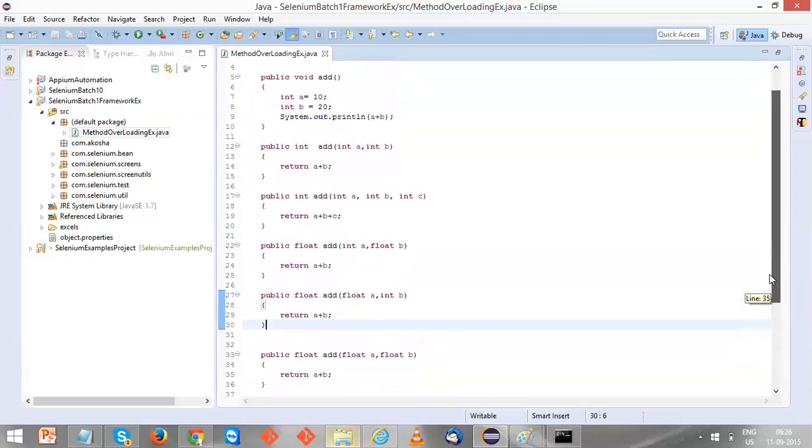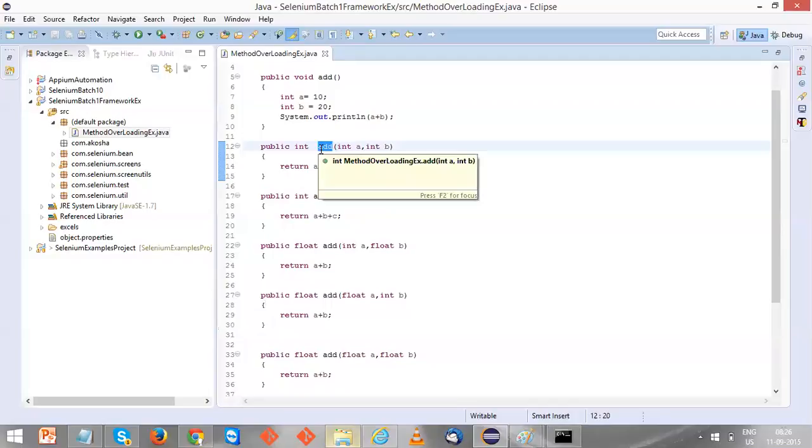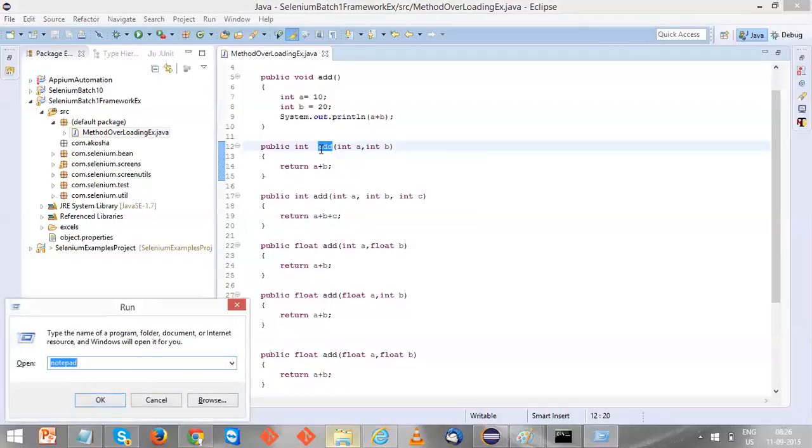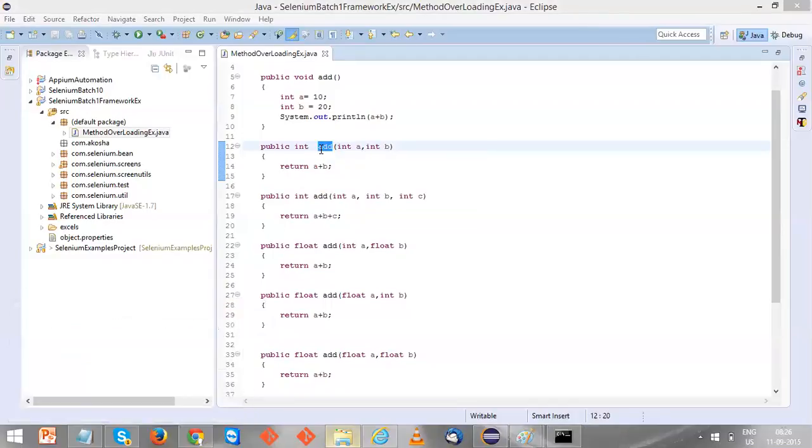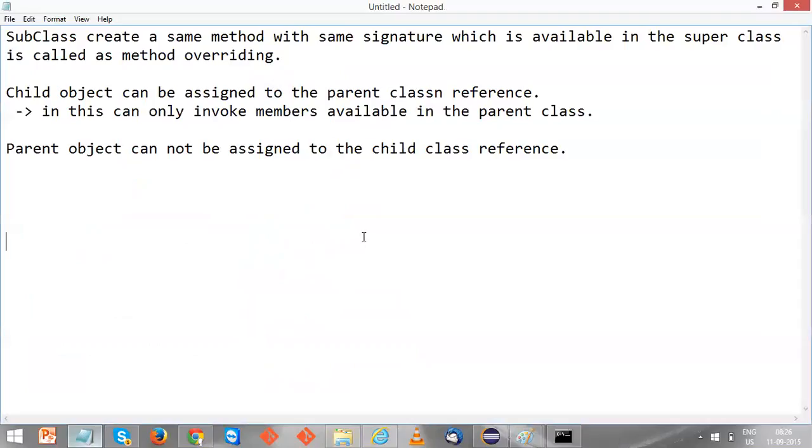So now you can see a confusion can definitely occur because all the methods look the same. Every method is named add. So let's note down the overloading definition now. Overloading: multiple methods have the same name